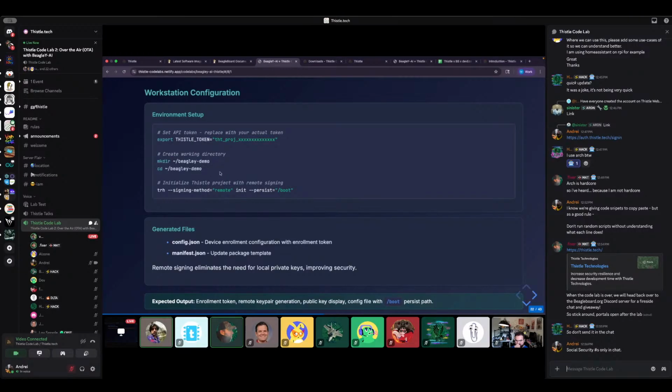There's one way to do it. You can make that folder wherever. In my case, since I'm doing everything using the trh not from path, I'm going to use some different commands here. But once you have that folder, you go in there and you can initialize that project with remote signing. This command will create your config.json, which is the file that you need to get over onto your